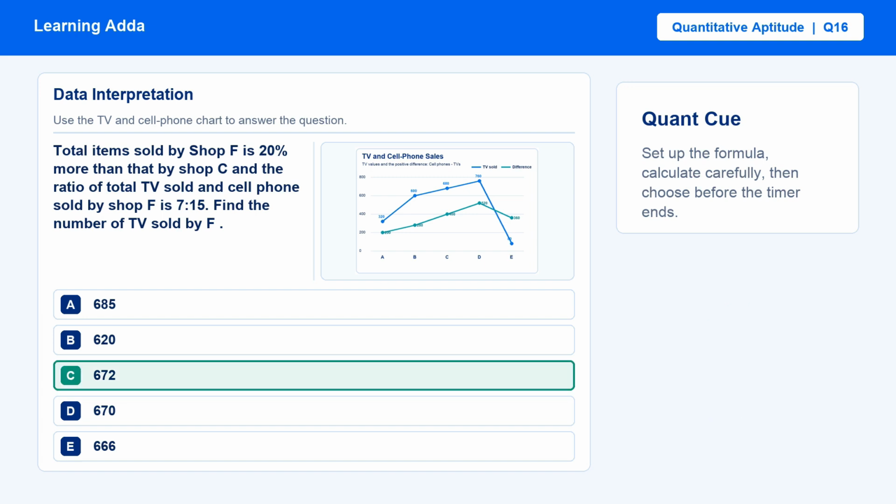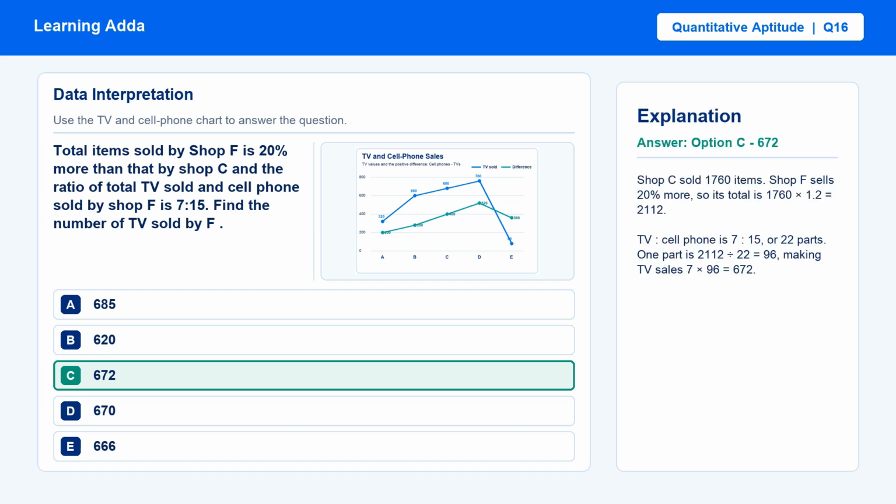The answer is option C, 672. Shop C sold 1760 items. Shop F sells 20% more, so its total is 1760 multiplied by 1.2, which is equal to 2112. TV to cell phone is 7:15, or 22 parts. One part is 2112 divided by 22, which is equal to 96, making TV sales 7 multiplied by 96, which is equal